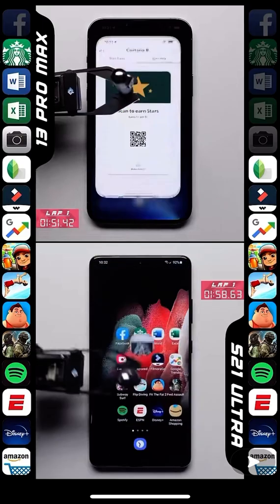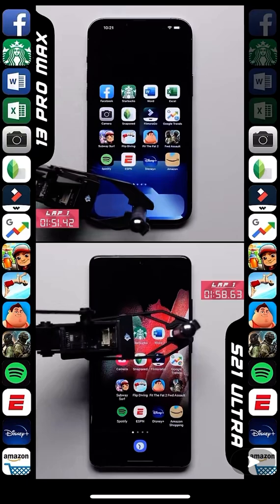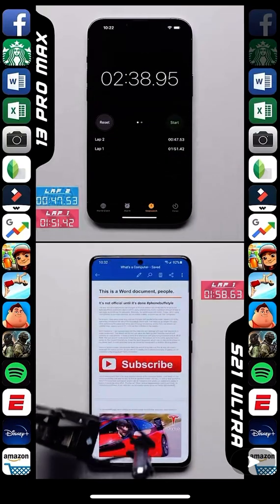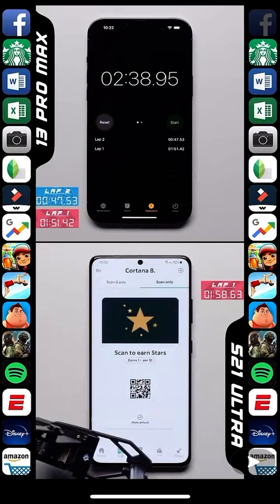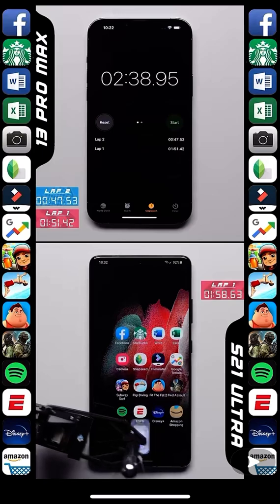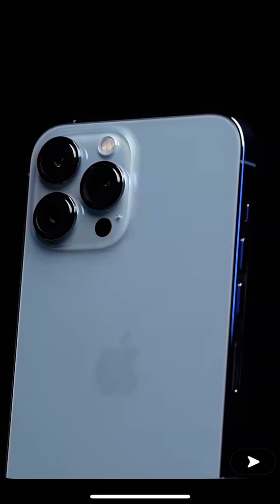a lot of people. But either way, at least when it comes to RAM management, both of these phones do an excellent job, with the 6GB of RAM being more than enough for the iPhone to keep all 16 apps open and ready to go, allowing it to complete the test first with a total time of 2 minutes and 38 seconds, while the Galaxy comes in 10 seconds later with a time of 2 minutes and 48 seconds, making the winner and the